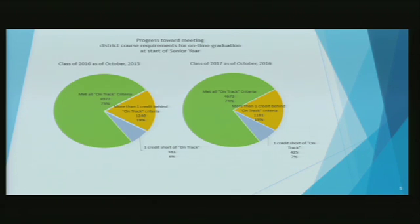And because I promised to keep this under 20 minutes tonight, I will quickly say that the win inside of that chart is that it represents 2 credits off, 3 credits off, 4 credits off, and we are lowering the amount of high numbers of credits that are off inside of that segment of the chart. So kids that may have been 10 credits off, there are less of them. And so that's a huge win for us. And if this is any indicator of what's going to happen at the end of the year, our data department and my office are looking at, we qualified a readiness of 92% graduation. So the rest of these charts are going to mirror the pie chart. In this particular